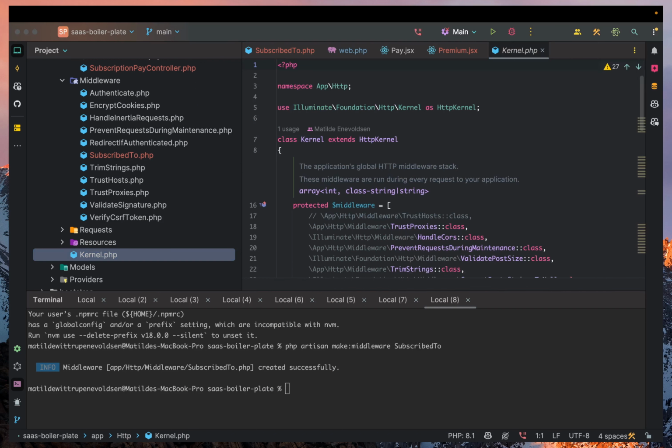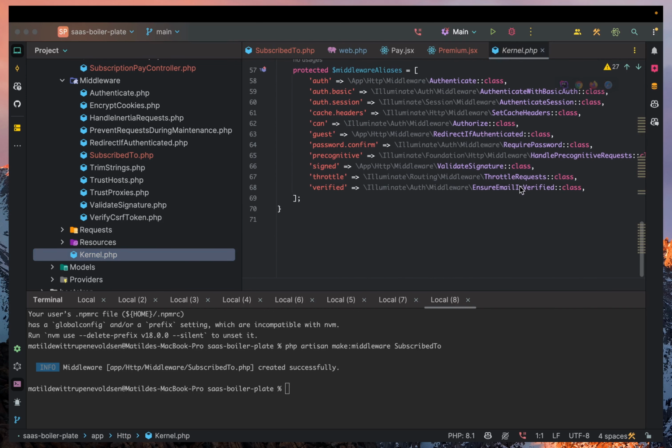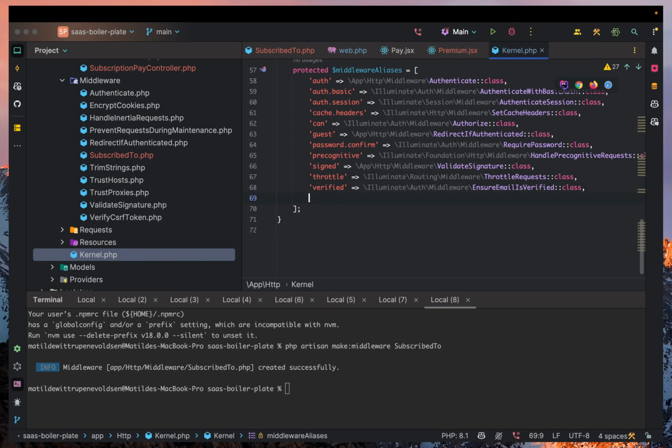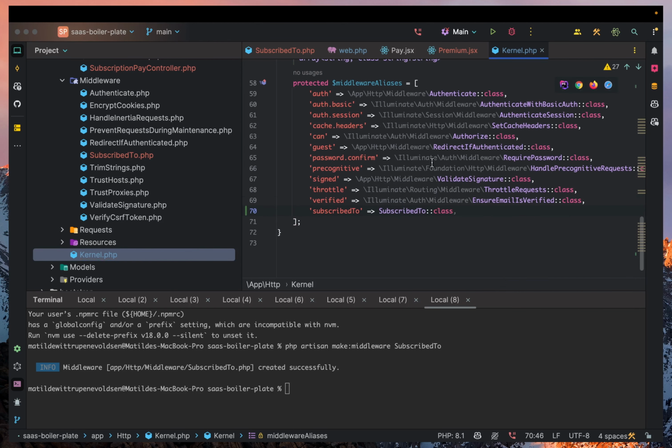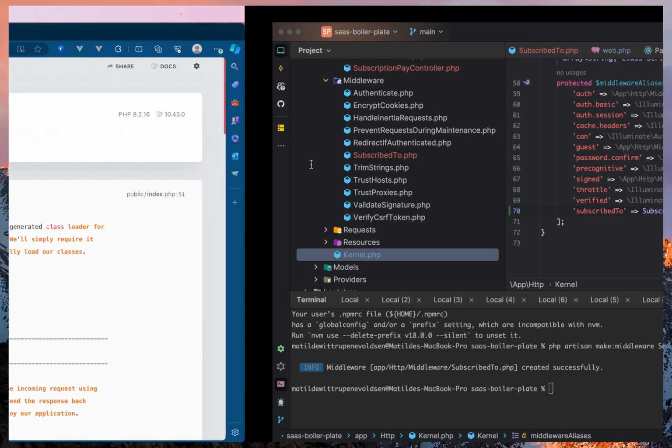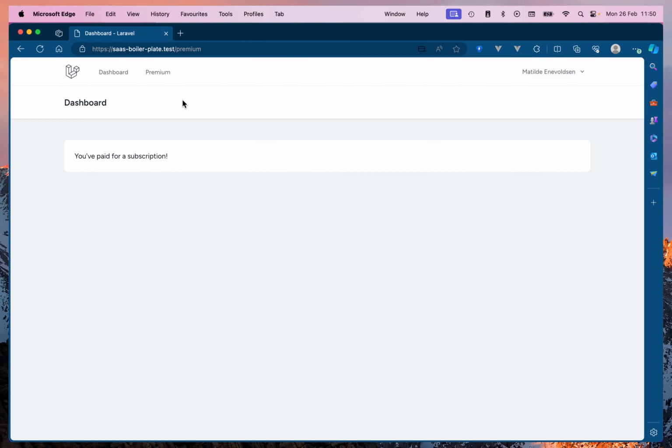So in here, we want to have the subscribe to class specified in the middleware alias as subscribed to, the same as the subscribe to class. And that would essentially allow us to now refresh this page and you see you've paid for a subscription,